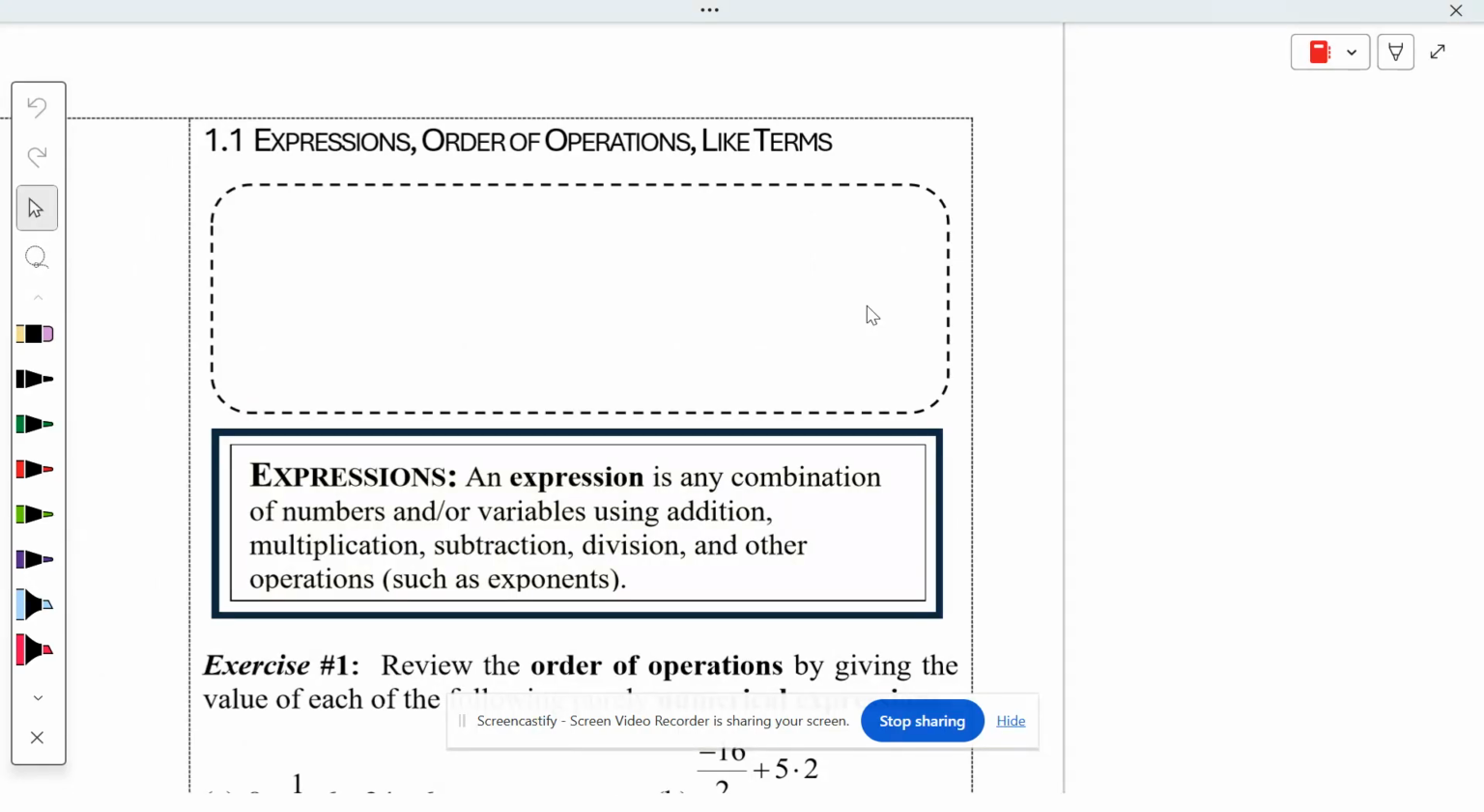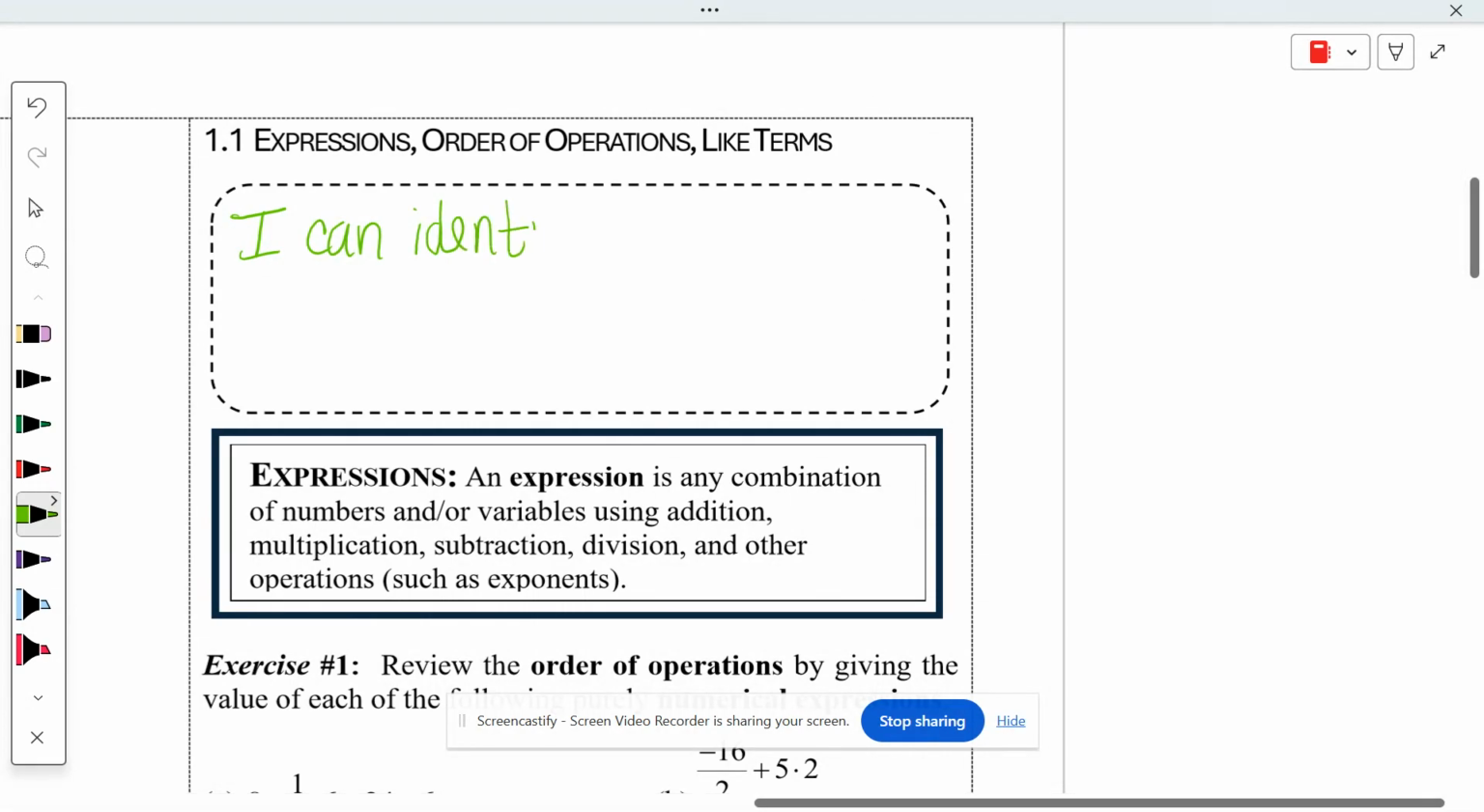The unit 1 is called Equations and Inequalities, and our first lesson 1.1 says I can identify and interpret the parts of an expression and write an expression or an equation from word statements. So we are going to write down our I can statement. So I can